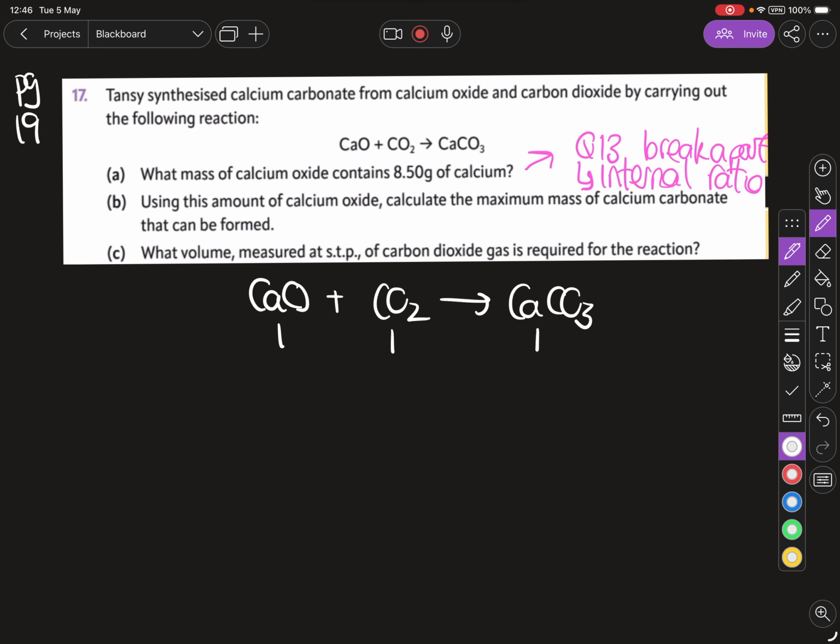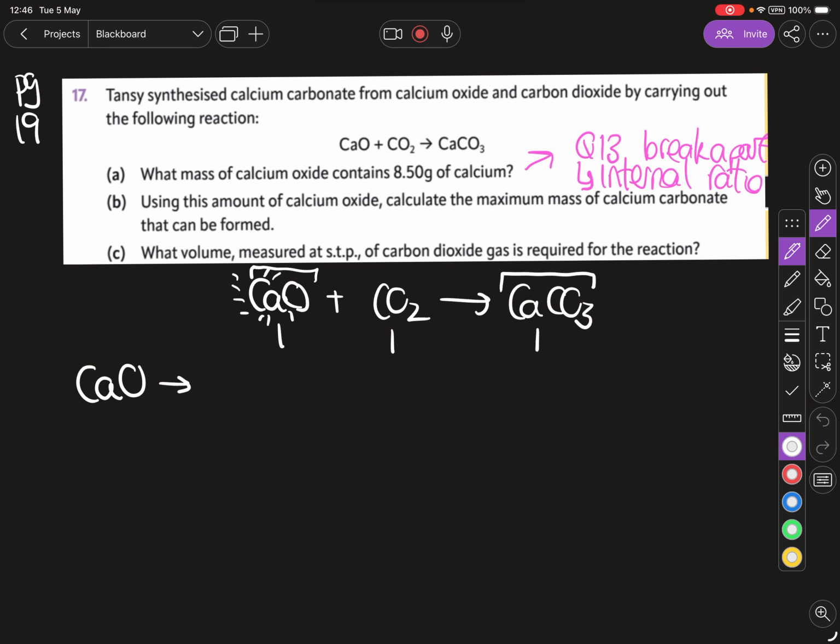The piece of information that I have is 8.50 grams of calcium. But calcium is not in this equation alone. It comes as a compound here attached to oxygen, or this over here. So what I can do is, our way in is through the calcium. So this is going to be the way in, and to do that we have to find the internal ratio